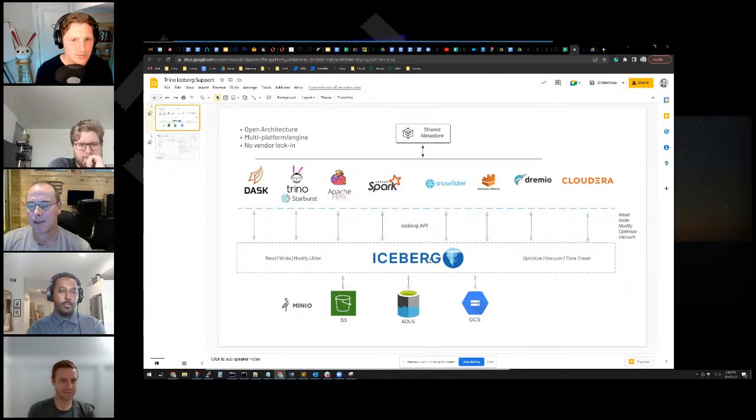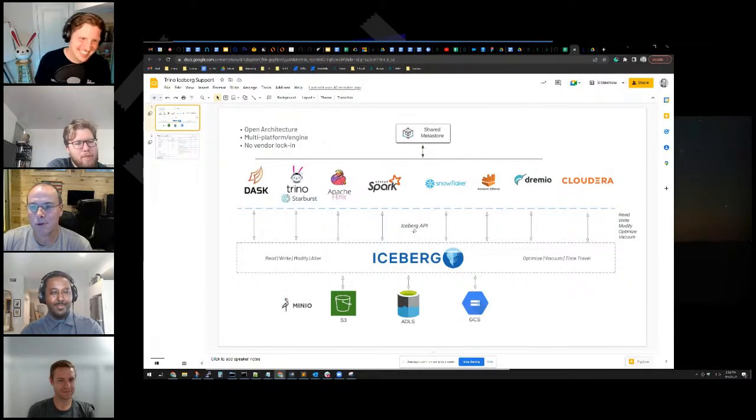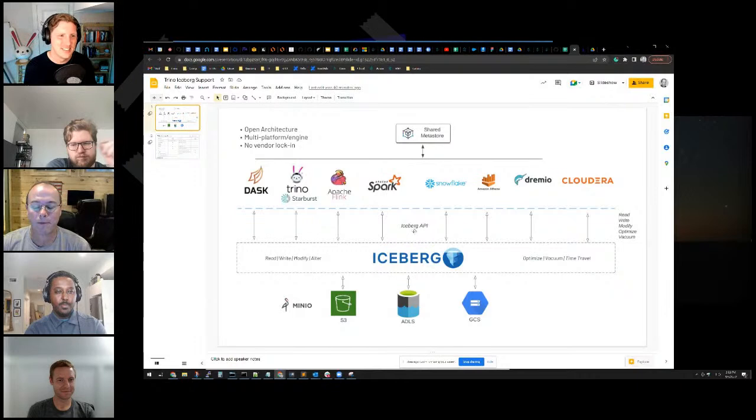Having this architecture where you can pick and choose what you want, or you just want to be in some, I call Oracle on the cloud, right? You want to just be stuck somewhere. There's no difference, and that's great if you want to do that. And when I've talked to some companies, they're like, we don't care. Well, this is great. I'm like, okay, that's great, and I'll check back with you in a while. So it's pretty exciting times right now.